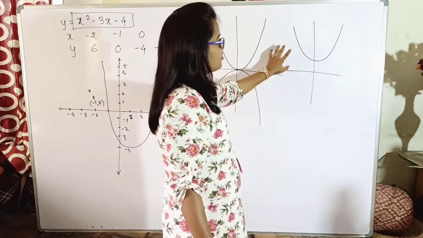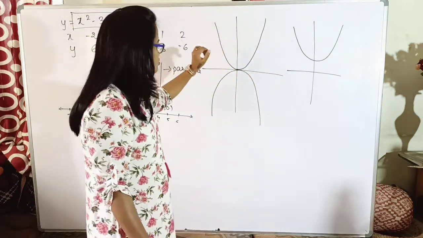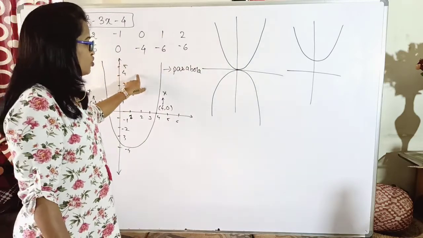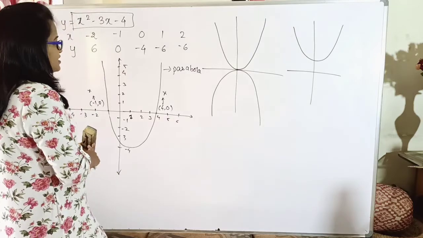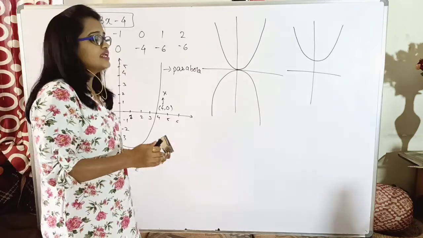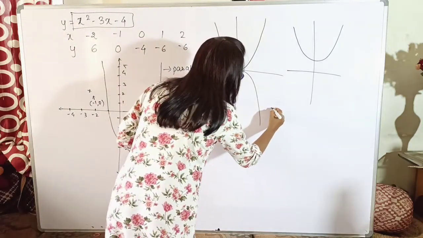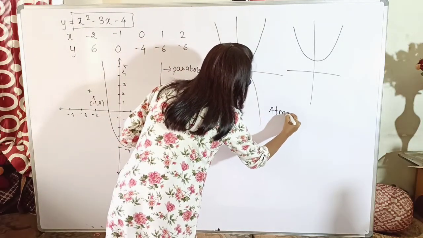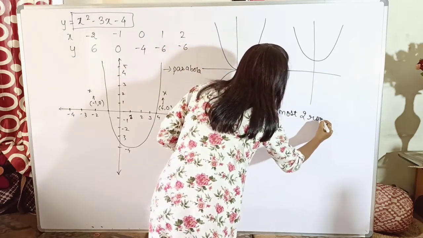This is also a case of a quadratic polynomial. This is also a graph of a quadratic polynomial. Even this is also the graph, and this is also the graph. So from these three cases, what can you say? Just like in our previous class, we said that it has two roots. Here we will be changing it and we will be saying that it has at most two roots.